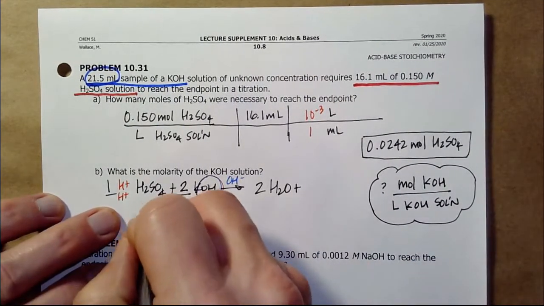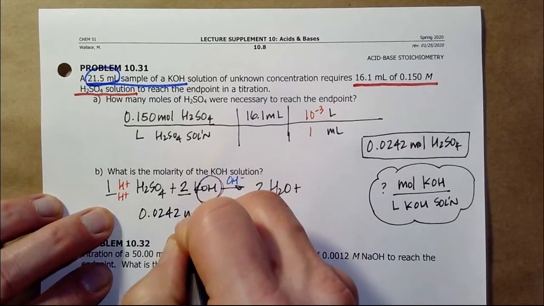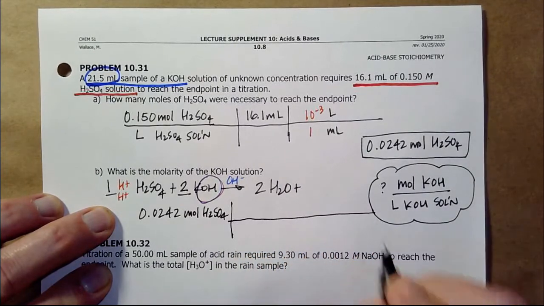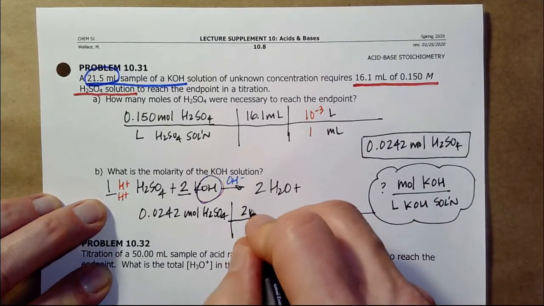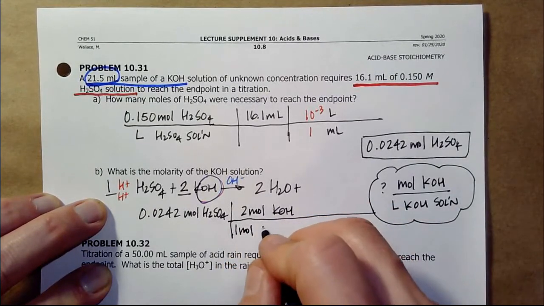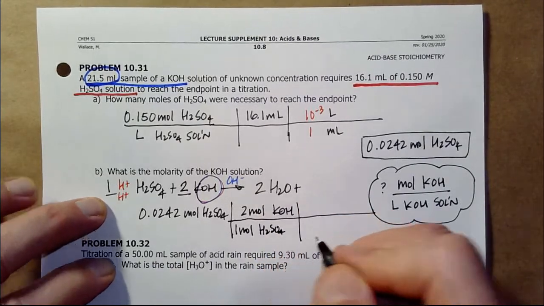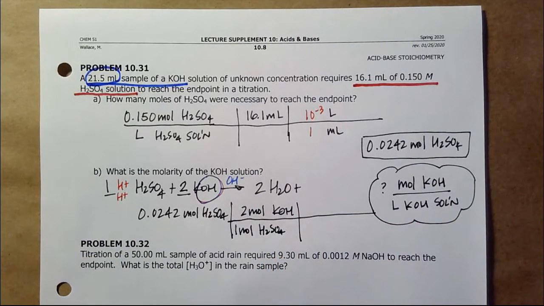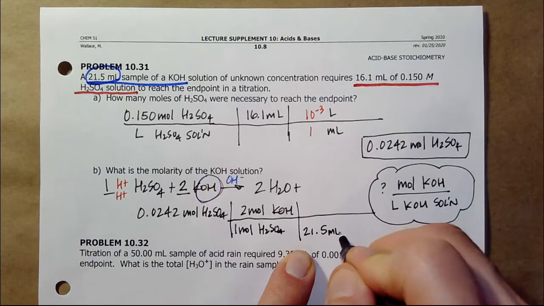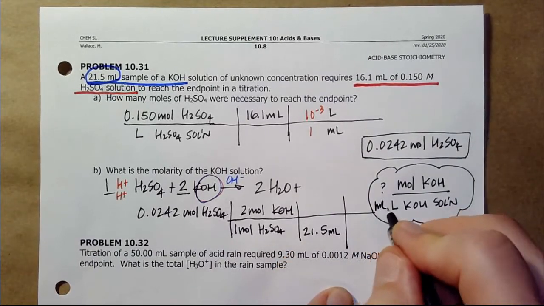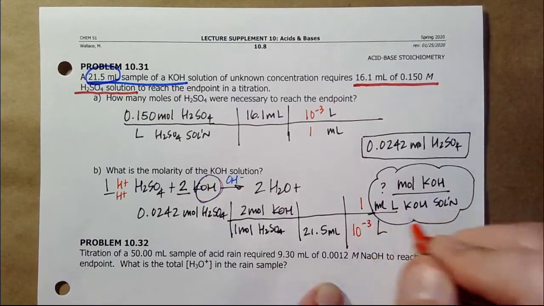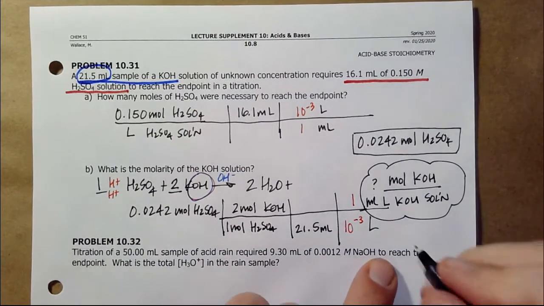So now I'm going to go 0.0242 moles H2SO4, 2 moles potassium hydroxide, 1 mole H2SO4, I'm going to put the 21.5 milliliters on the bottom, do a milliliter to liter conversion, 1, 10 to the minus 3. And when I did this math, I got,